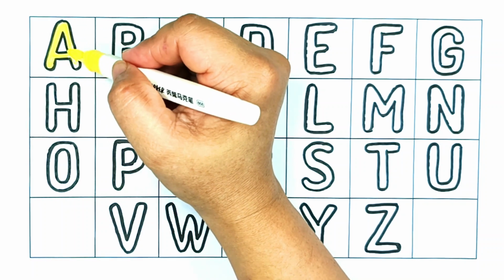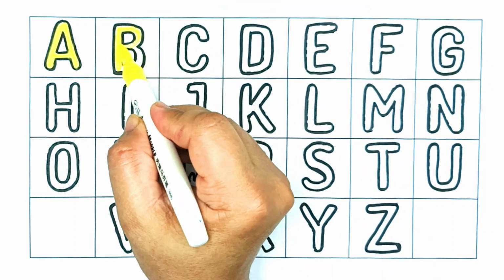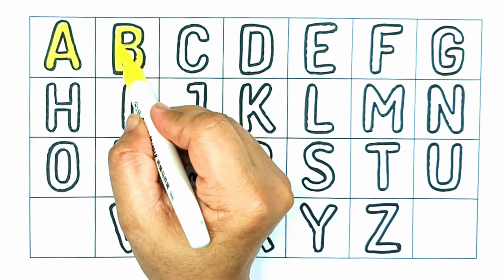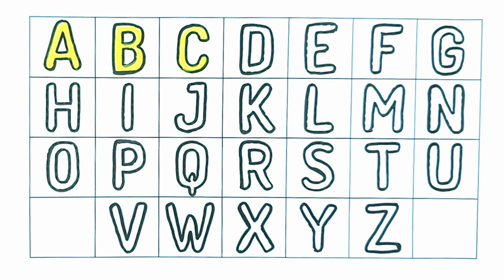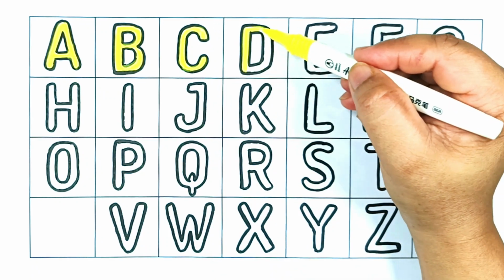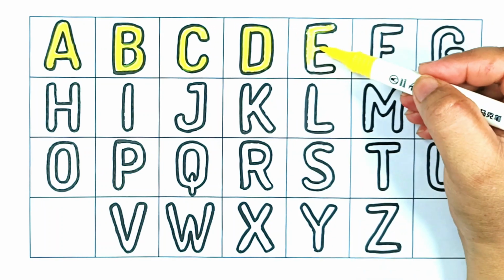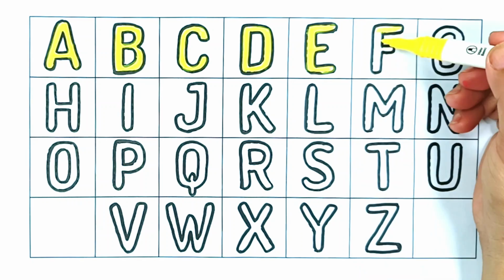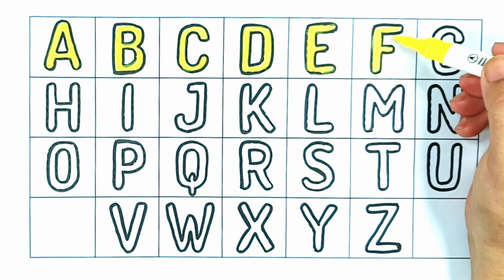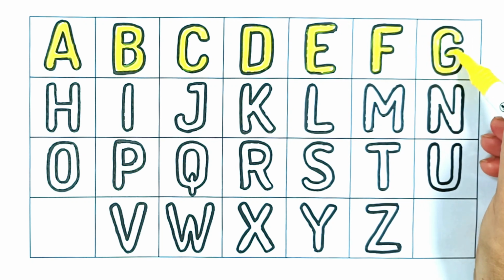A for apple, A for apple, B for ball, B for ball, C for cat, C for cat, D for doll, D for doll, E for egg, E for egg, F for frog, F for frog, G for glass, G for glass,